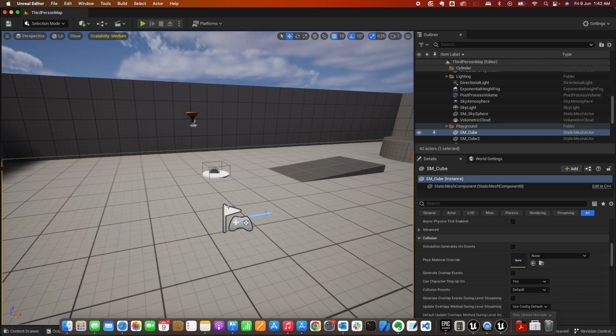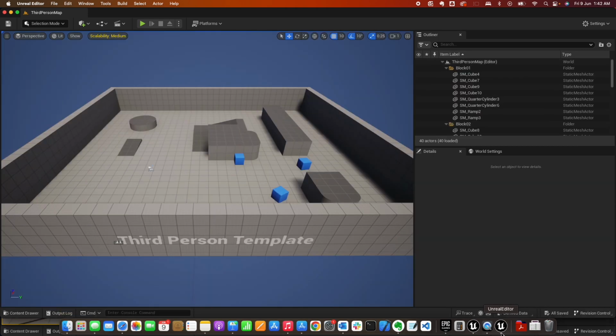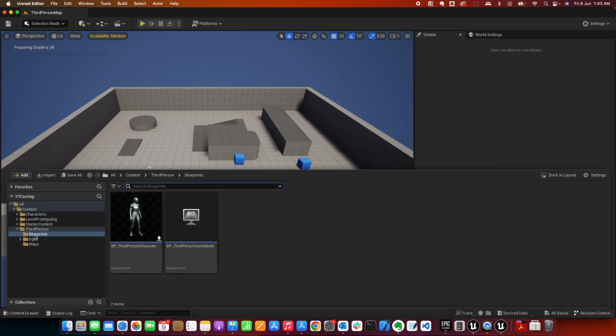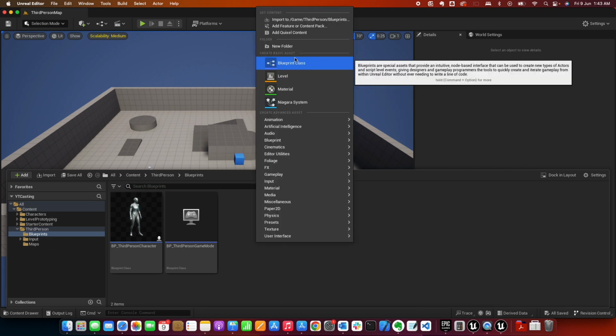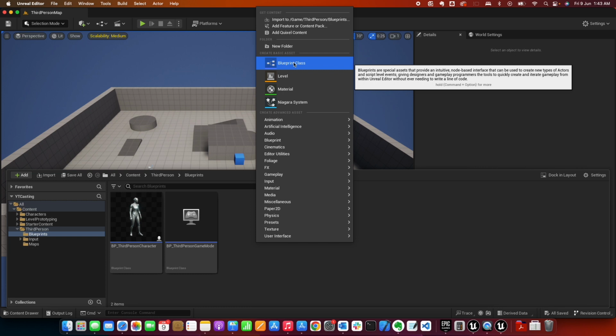So first, open up Games Launcher and start a new project and open up the third person template with the starter pack on. So here I'm starting from scratch. From here, open up the third person folder and go under blueprints, and let's create our first blueprint class. So right click, select